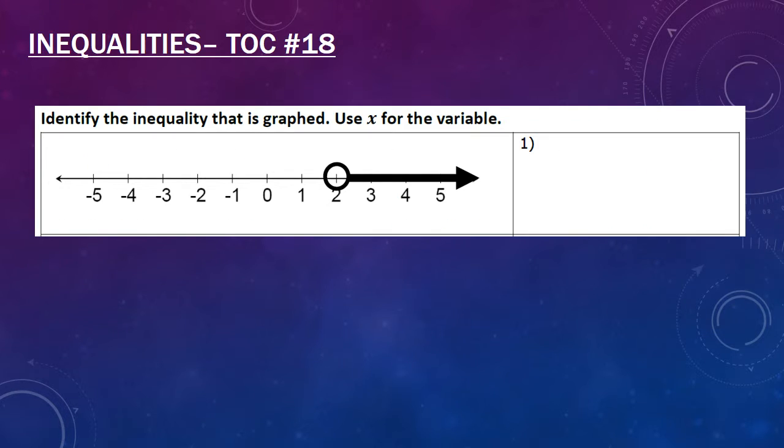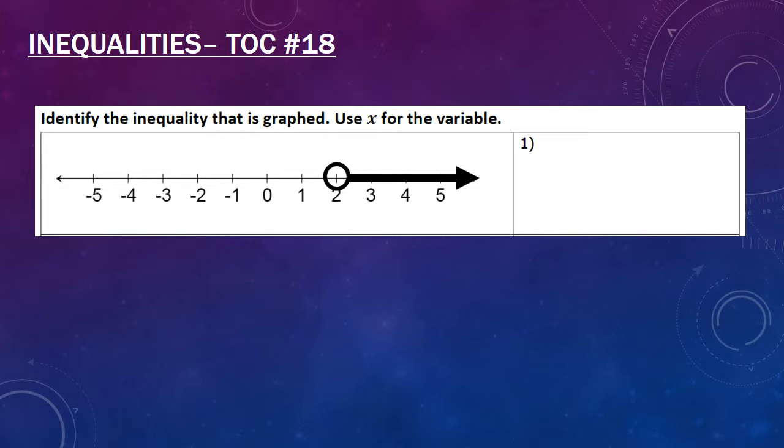Okay, so here's the other thing you have to be able to do. You have to be able to read the inequality and then graph it on a number line, but you also have to be able to see it on a number line and write the inequality. So if we look at this one, we notice that we have an open circle, so I know that it's going to be one of the inequality symbols without a line underneath. We know that the number is going to be 2 because that's the